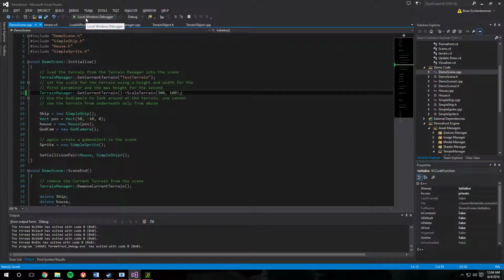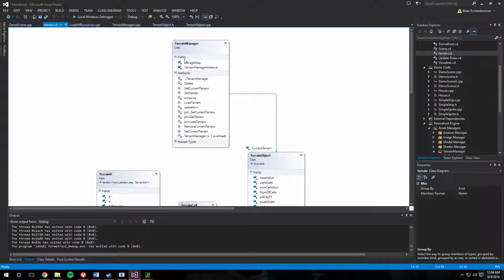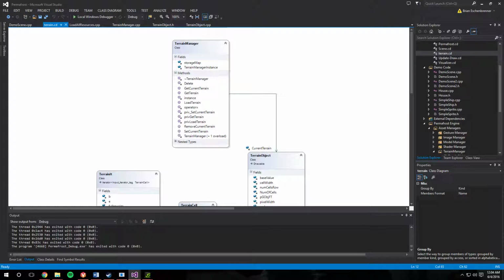So the third video on Sprint 9 is for terrains. For terrains, start off with our map here. We've got the terrain manager, the terrain object, which has terrain cells, as well as my iterator. So to start off,